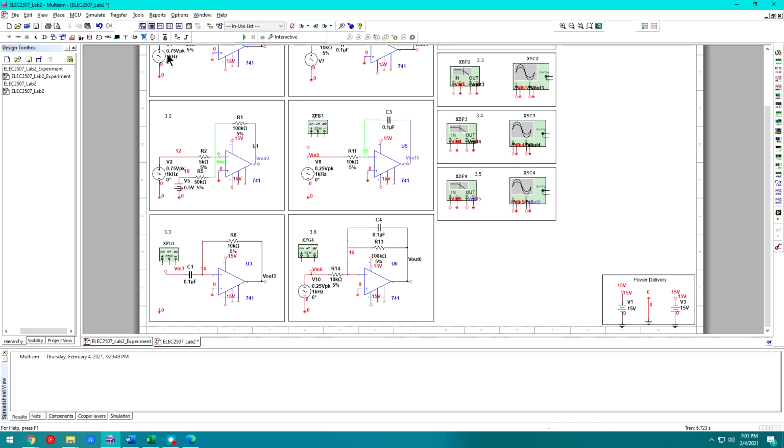So what I'm going to do is do Control-Shift-W, go from the positive terminal of the function generator to there. I'm going to go from the negative terminal of the function generator to ground, right? So once that's actually connected, like so,